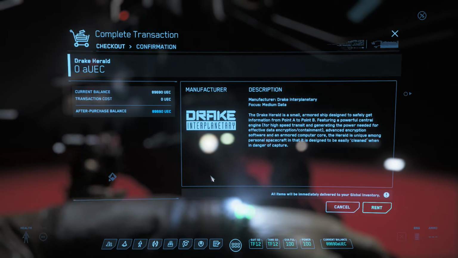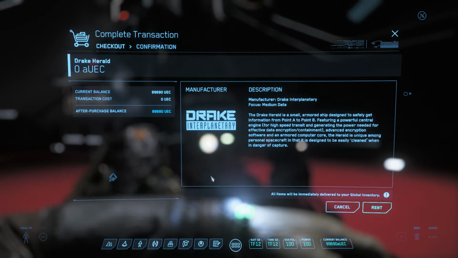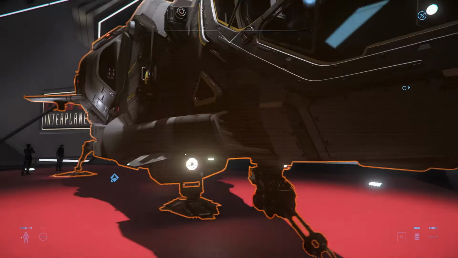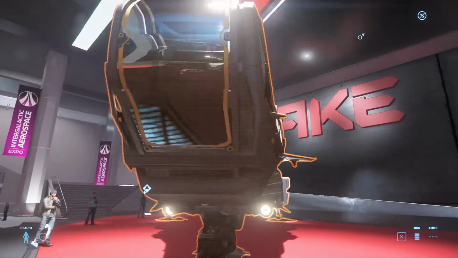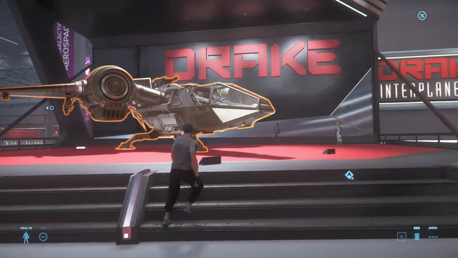The Drake Herald is a small armored ship designed to safely get information from point A to point B, featuring a powerful central engine for high-speed transit and generating the power needed to effect data encryption containment. Advanced encryption software and an armored computer core. The Herald is unique among personal spacecraft in that it is designed to be easily cleaned when in danger of capture. So in other words, instead of having somebody steal your data, you just dump your core and run. It is kind of an interesting design. It's not the lopsided design that it originally came out as in the artwork, but here is another